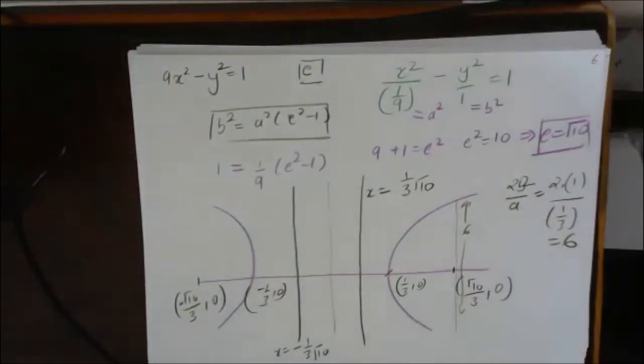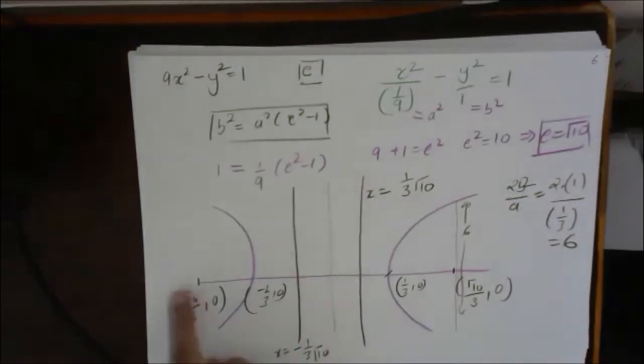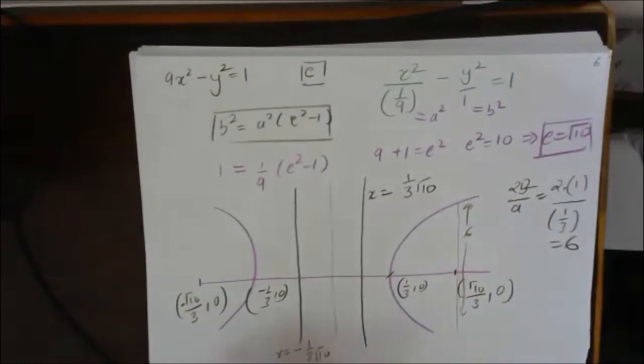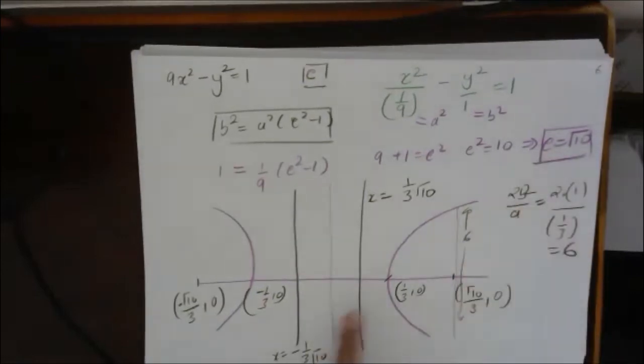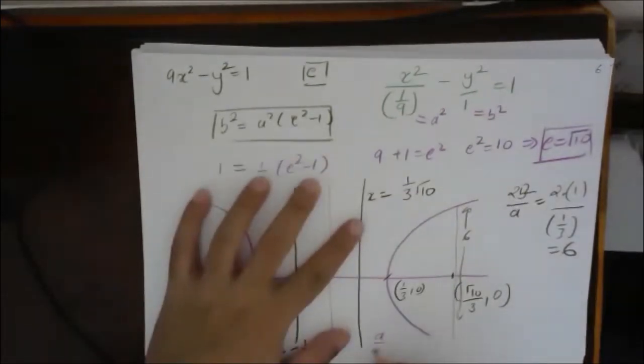Understood? Fine. So this was a very basic question in which we have just used whatever things were asked. This is transverse axis, conjugate axis. This is also known as transverse hyperbola, in which the axis is x-axis or y-axis. Now remember, in this case also, our directrix is A divided by E. So directrix is A by E. A is what? 1 by 3 and E is what? Root 10. So this is 1 by 3 root 10.